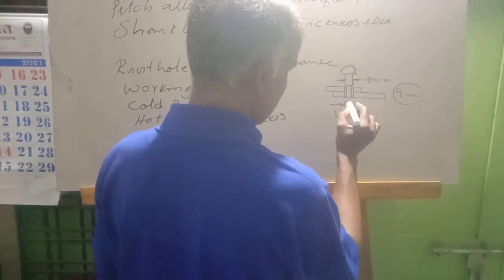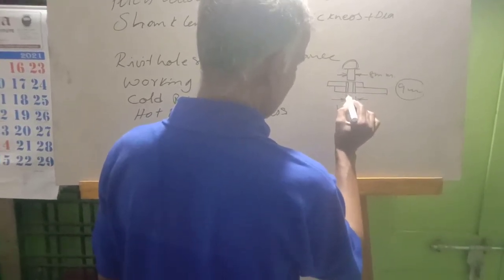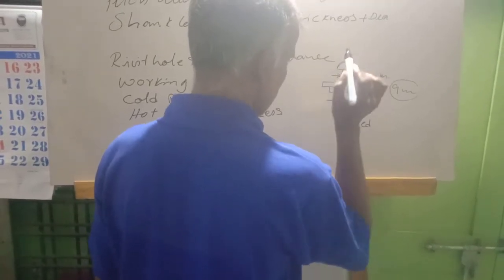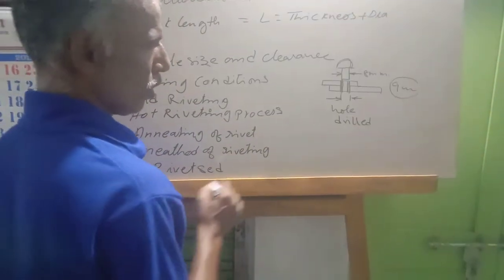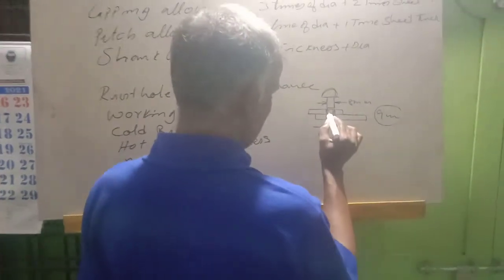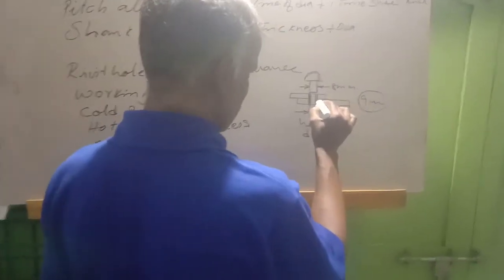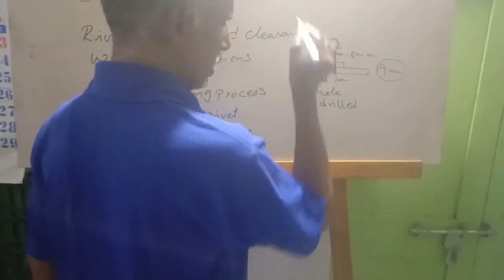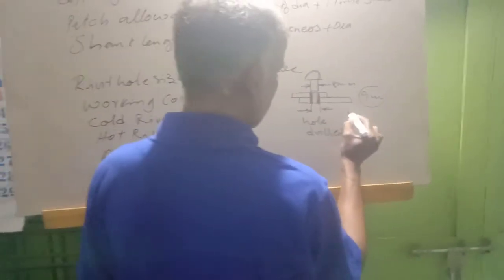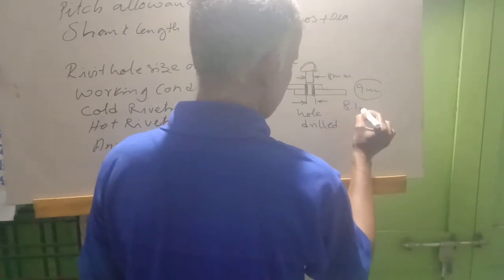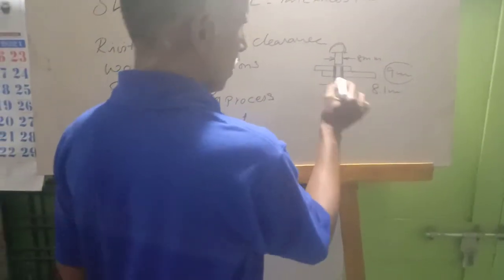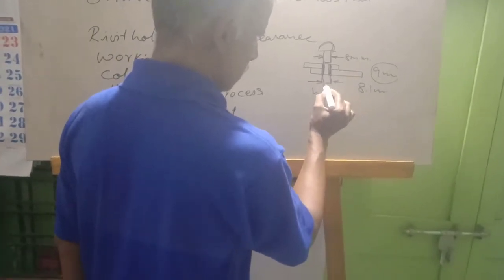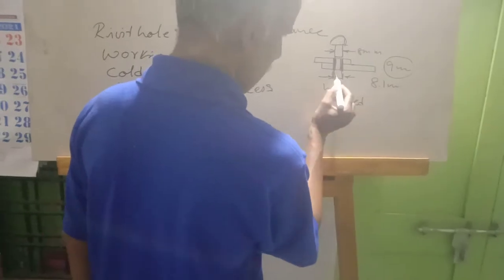After riveting both ends, if a small leak is there, the water will come through, or gases, or liquids will come through this. So to avoid that, what do we have to do? We have to minimize the clearance between this hole and the rivet. As much as possible, it should be very little clearance. You put 8.1 mm.